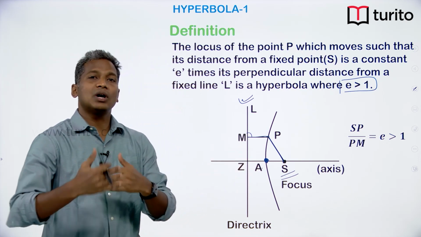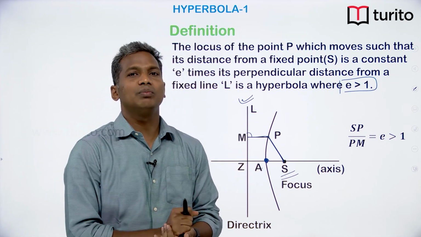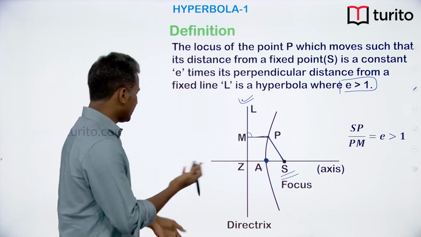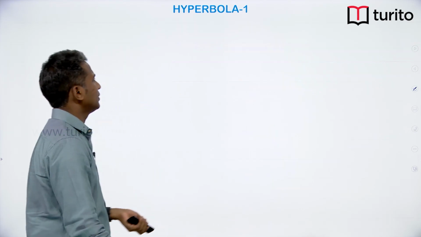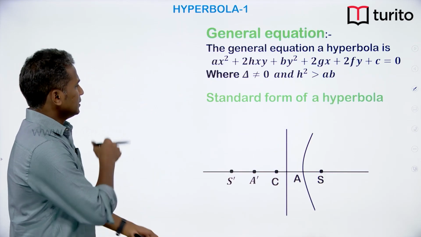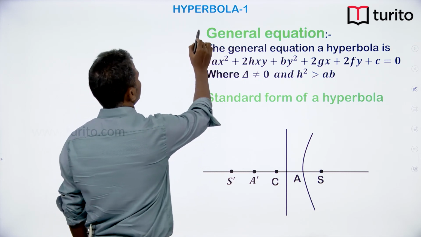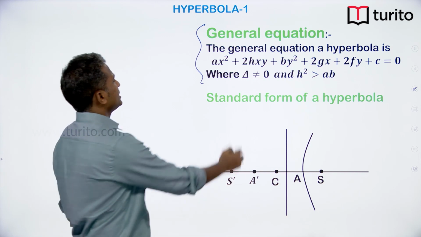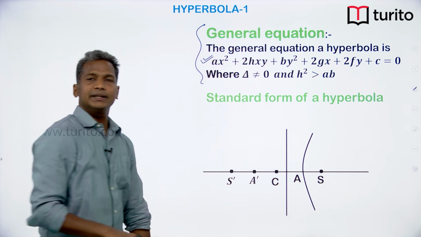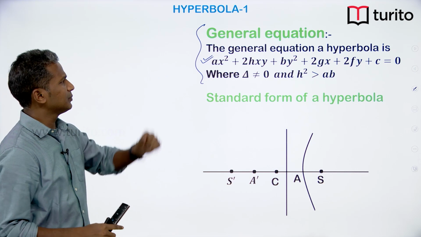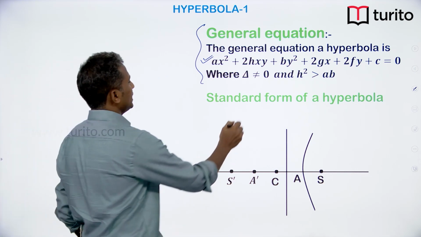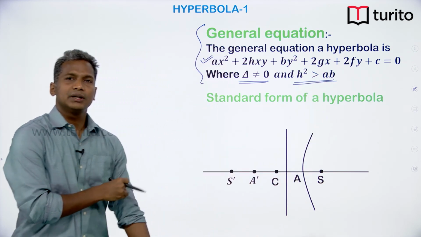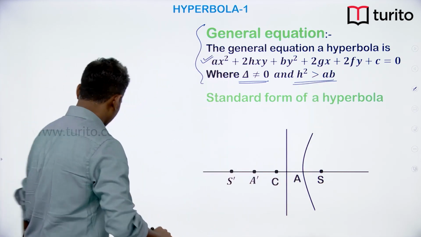Now we need to understand the shape of the hyperbola before we even derive a standard form for it. Before we understand the shape, let us also first understand the general equation. This general equation of second degree represents a hyperbola if delta is not equal to 0 and h square is greater than ab. Now delta, you already know, it is the